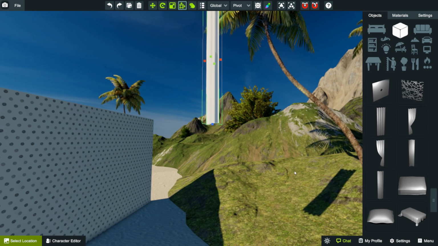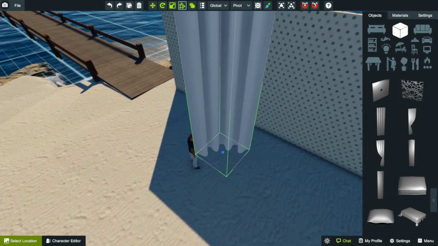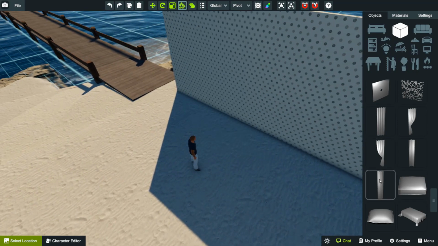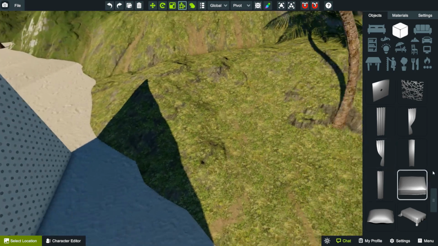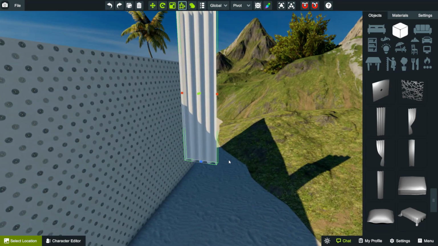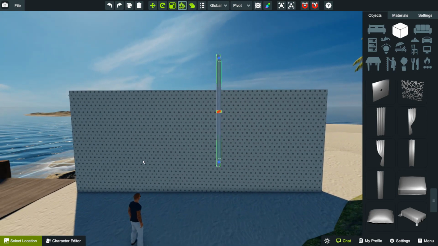There's this one, which is like a bent curtain. See how that bends? We don't want that one. And this one is the same, it's bent. So there's only one that's called a flat curtain, which is this one. It sort of looks like corrugated iron. Okay, so what you're going to do